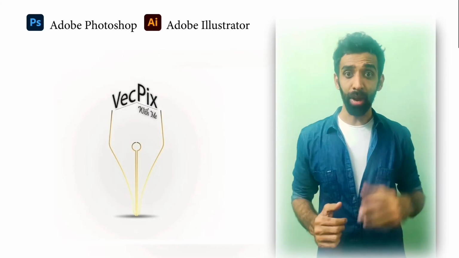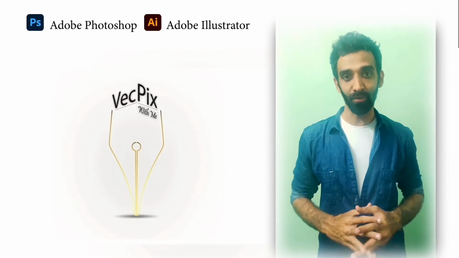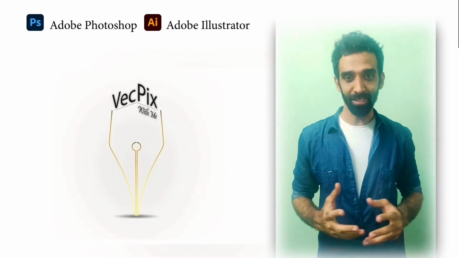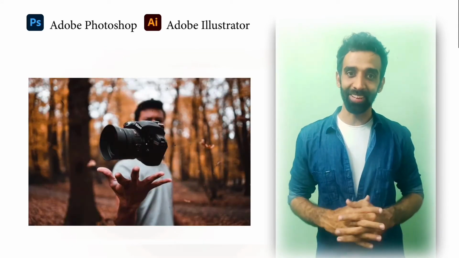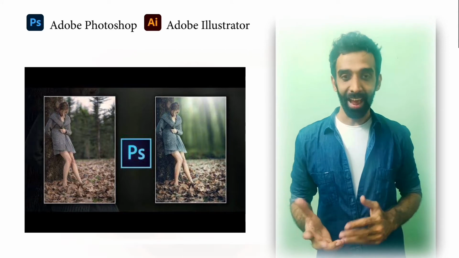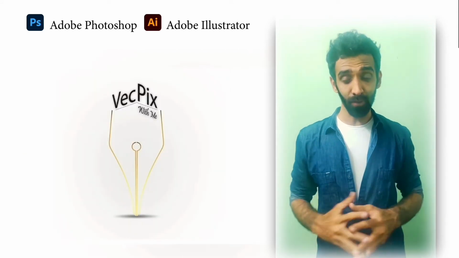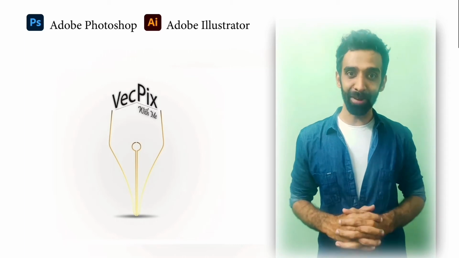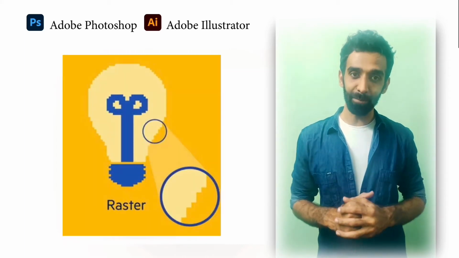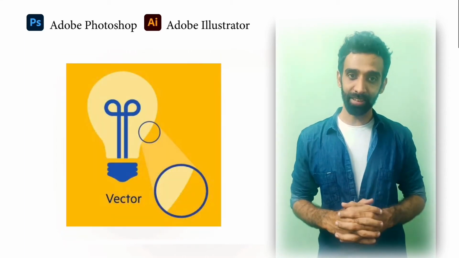Adobe Photoshop and Adobe Illustrator are two fabulous software for artists. When Photoshop was introduced, it was purely developed for photography, like color correction and photo editing. These two software have a lot in common, but their differences are bigger than their similarities. Photoshop is a pixel-based software and Illustrator is a vector-based software.